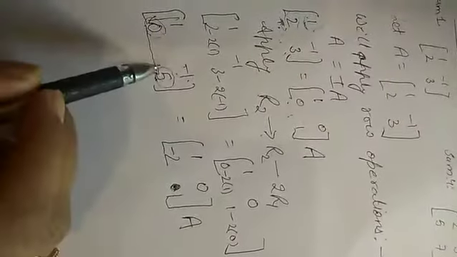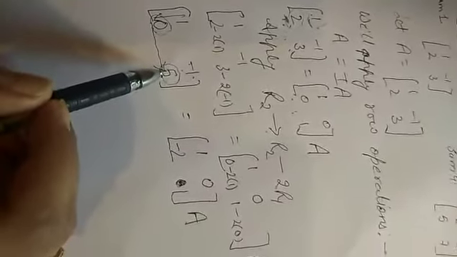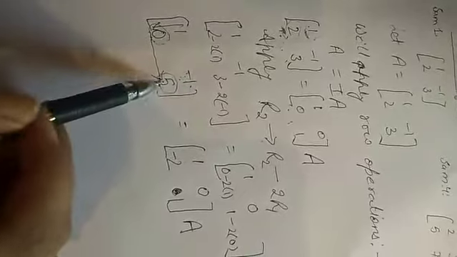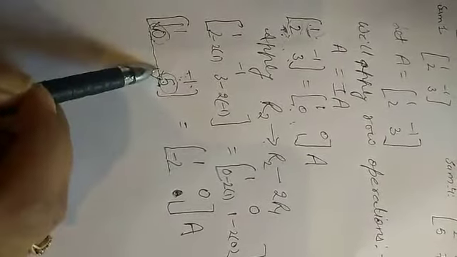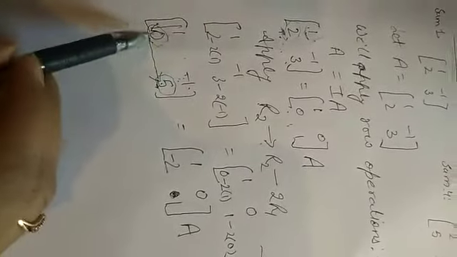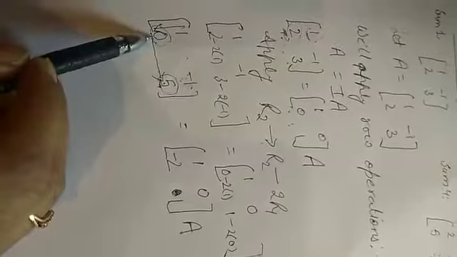Remember, if I want to make it 1, I can do one thing, R2 plus 4 times R1, because 5 minus 4 will make 1. But the problem will come here: if I do R2 minus 4 times R1, 0 minus 4, again I will get minus 4 here. So the purpose of making it 0 will be defeated.